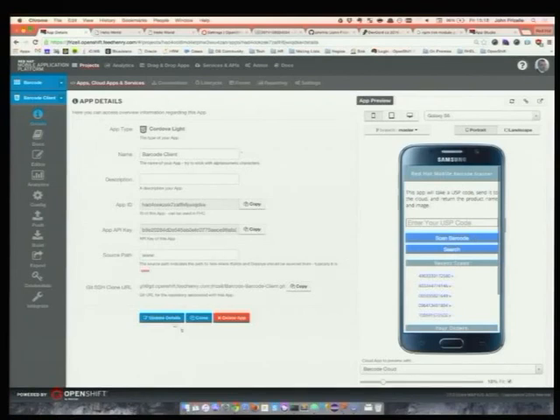Okay, I want to talk a little bit about local development. So we've had a bit of a look around the App Studio at the various bits and pieces of functionality. But in terms of actually building out these mobile solutions, as I said, you're not going to be doing it from the web browser.